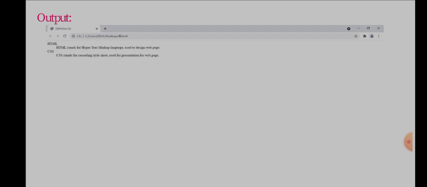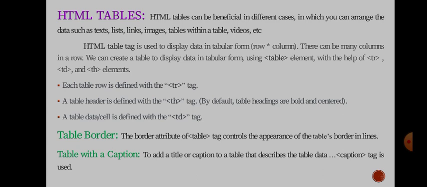And coming to the next topic, HTML tables. It is a very important topic. A table is an arrangement of data in rows and columns. Simply, when we use a table, it will be presented in rows and columns format. Tables are widely used in communications, research, data analysis, education, hospitals and everywhere.